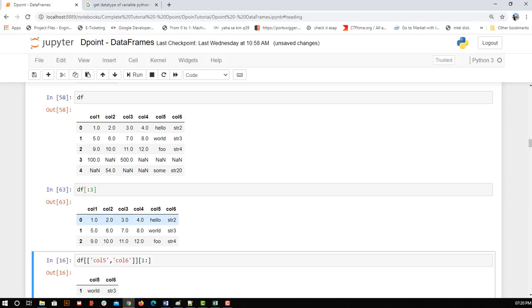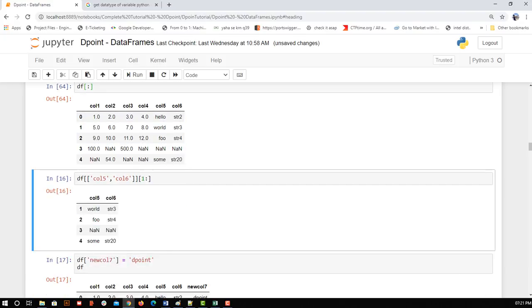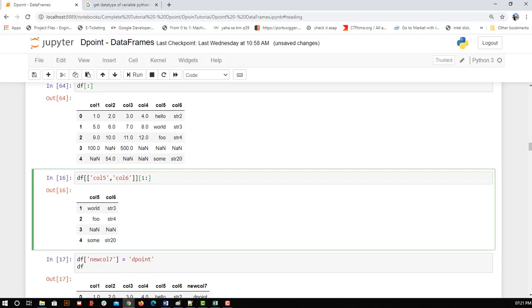So you can see now it is giving me from 0 to 2. So that's how we access it, and if I don't mention anything, upper limit or lower limit, it will get me from the starting to the ending. Okay, so now you see we are getting everything. Yeah, so that's how we are accessing rows. There are other ways as well, but for now this was in our scope. In the coming topics we are going to cover other ways of accessing rows as well.